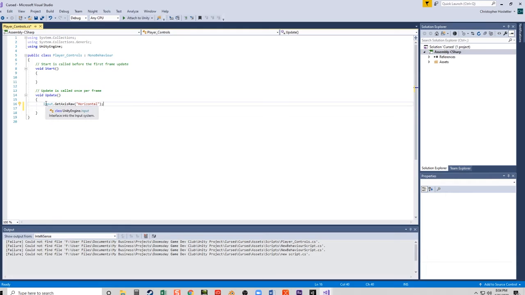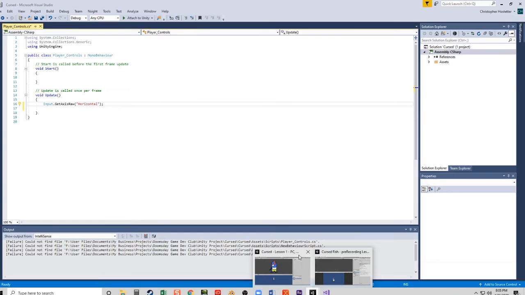So, as you've noticed, as I've typed things, it kind of fills in things. If you hover over stuff, it gives you more explanations. But what I did here is I'm calling an input part of Unity, and it knows it's called input, and it knows what I'm looking for specifically is called horizontal. And I'm going to go back to Unity here